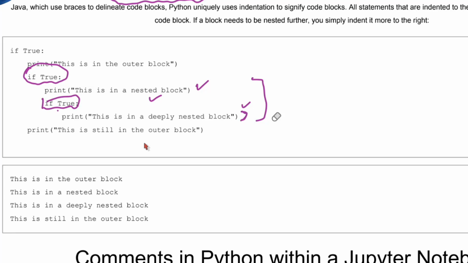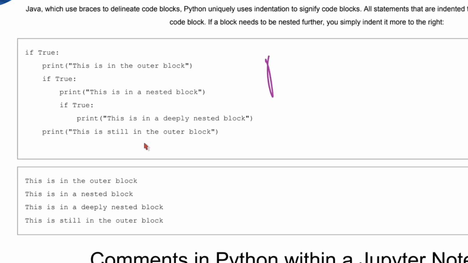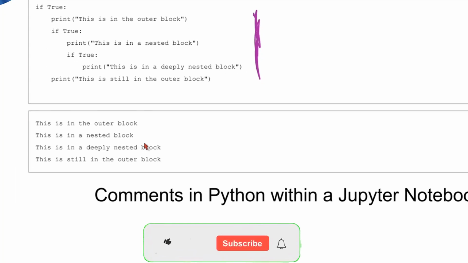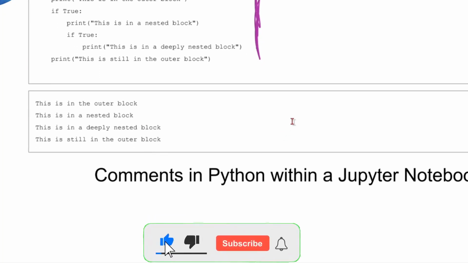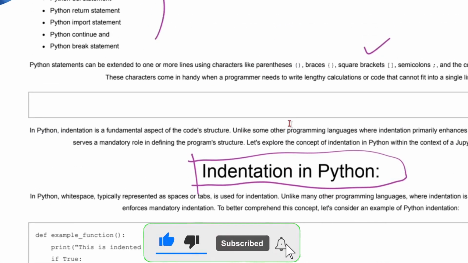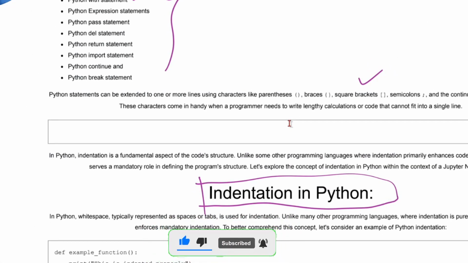So the role of indentation is that the code won't run if you don't properly indent it. Most of the time when I was starting with coding in Python, because I was from a C background, I used to write a lot of messy code. I forgot to give the indentations, so then it was giving me the error. So you have to have properly indented blocks, otherwise the code won't run and there will be some problems. That's the first thing, because we are now learning how to write good code. The first thing is you should indent it properly.